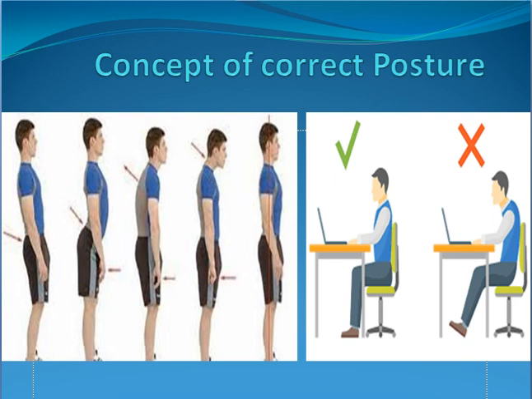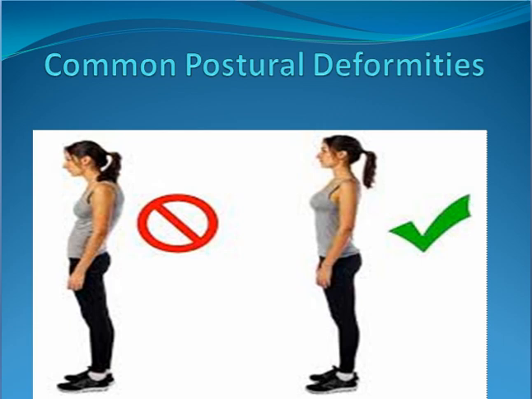Okay, what is correct posture? Correct posture is a manner of standing or sitting in a balanced manner, like you can see in the picture. In this there are a few pictures related to standing pose and sitting pose, right? So we have to stand or sit in a correct and balanced manner. That is called correct posture. Okay, so let's start the topic.